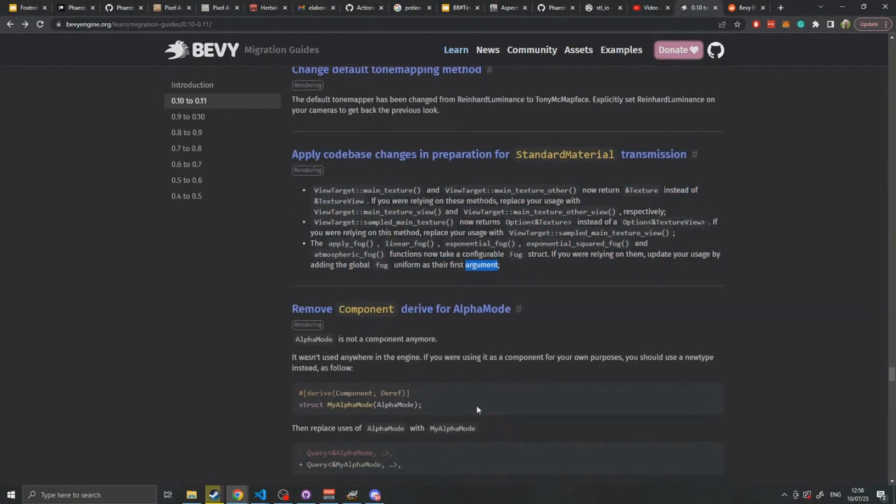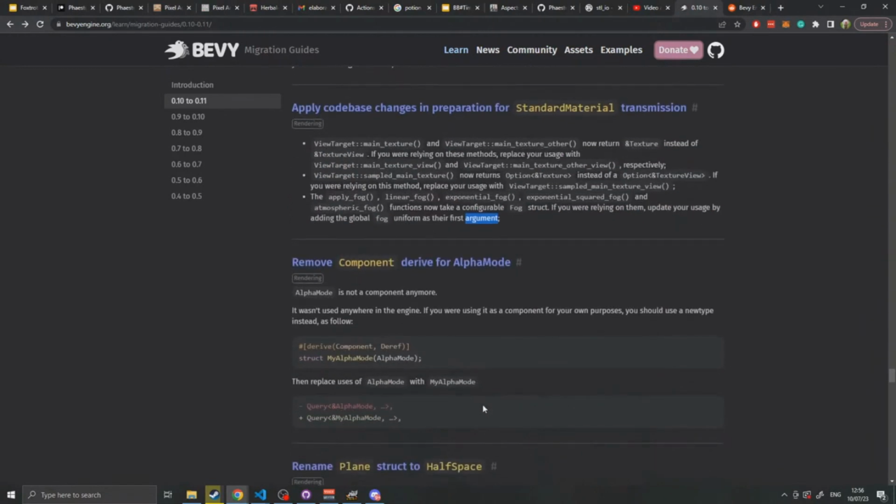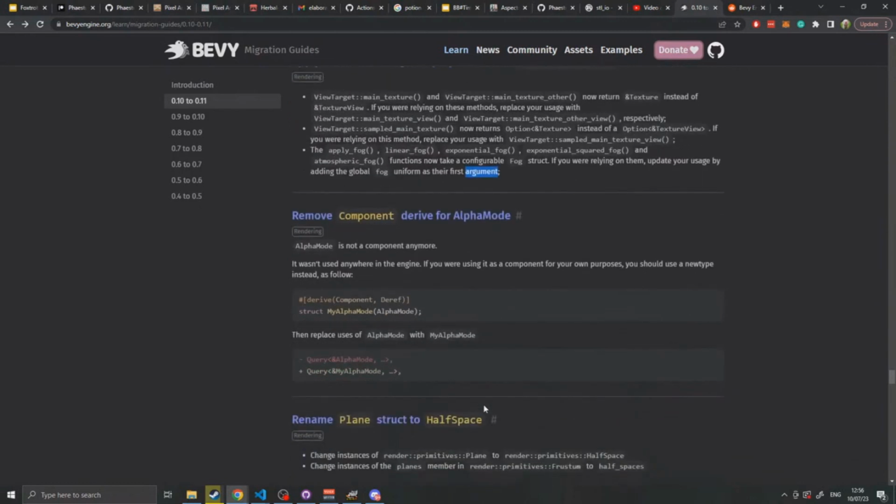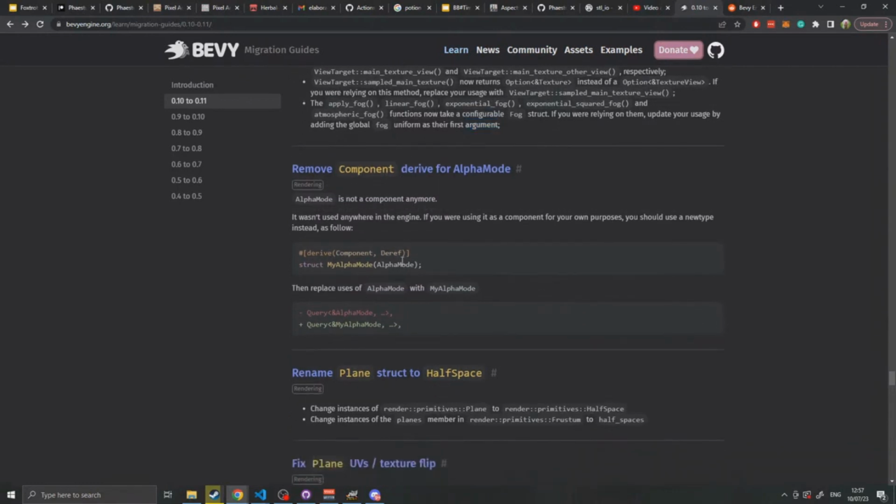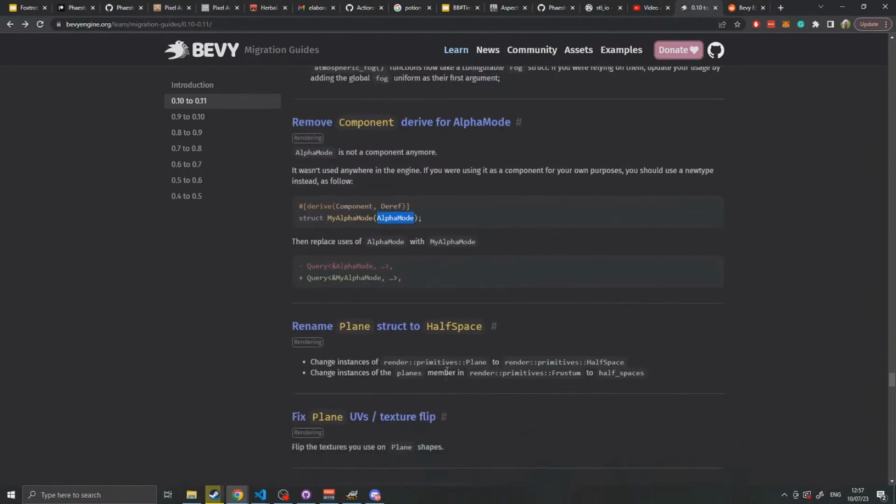Remove component derive from alpha mode. Okay, so alpha mode is no longer a component, so you now have to specify your own alpha mode. Oh, okay, that's interesting. Man, reading these things, I'm like, I could have used that alpha mode thing. I was always wondering why I couldn't get my shaders to work properly. It's because he specified the alpha mode on an individual component level, so I could make my water additive rather than having to make a specific water shader. Anyway,